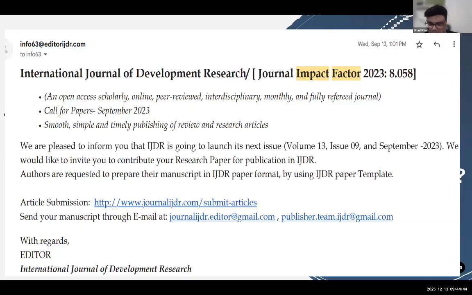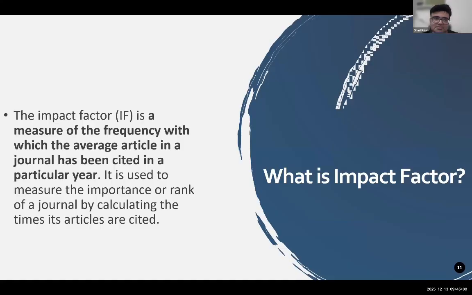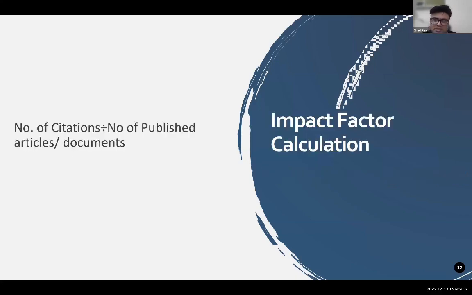Now, it is highly deceiving because we often get deceived by the kind of impact factor which people are talking about. We need to understand the meaning of impact factor. In very simple words, impact factor is the average number of citations of articles from a journal. It is based on a simple formula: the number of citations divided by the number of published articles within a time frame.